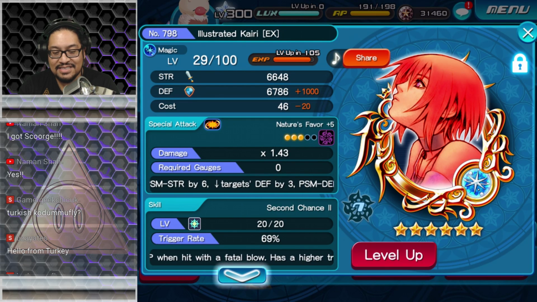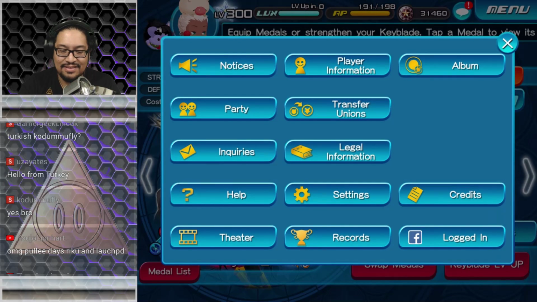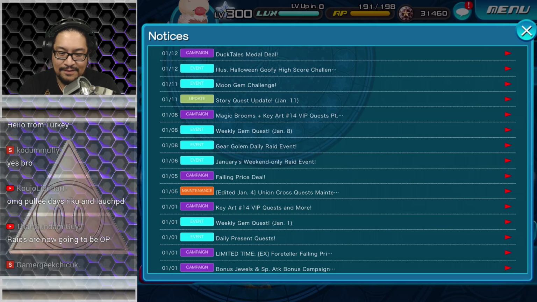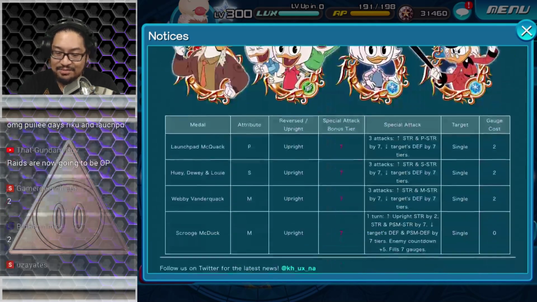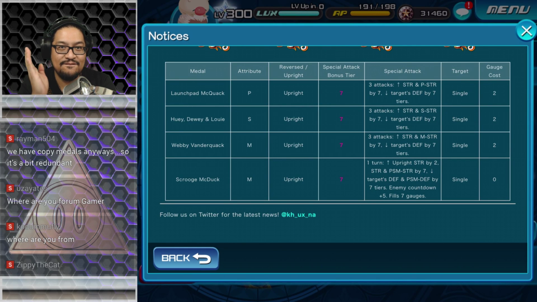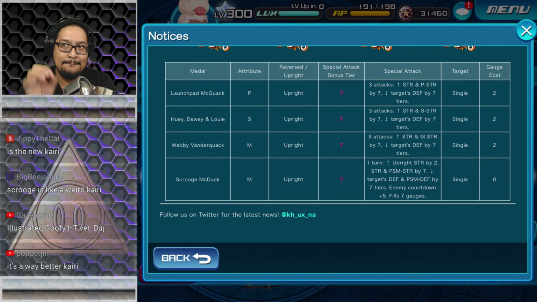So yeah, he obviously does 5 to the enemy countdown. It's a good medal. 5 to enemy countdown fills 7 gauges. So you can run a very, okay, this is the cool thing about this. You can run a very, very cost heavy medal Keyblade, which also means you can also use medals that